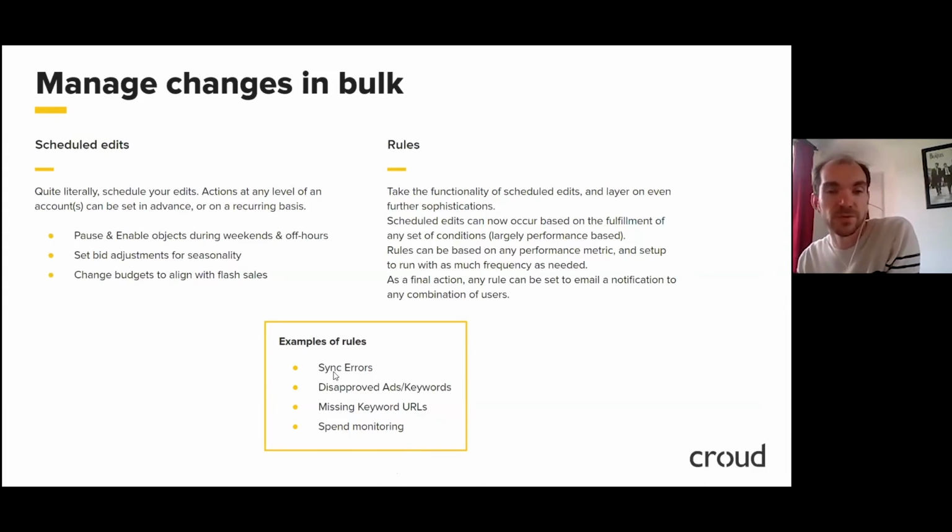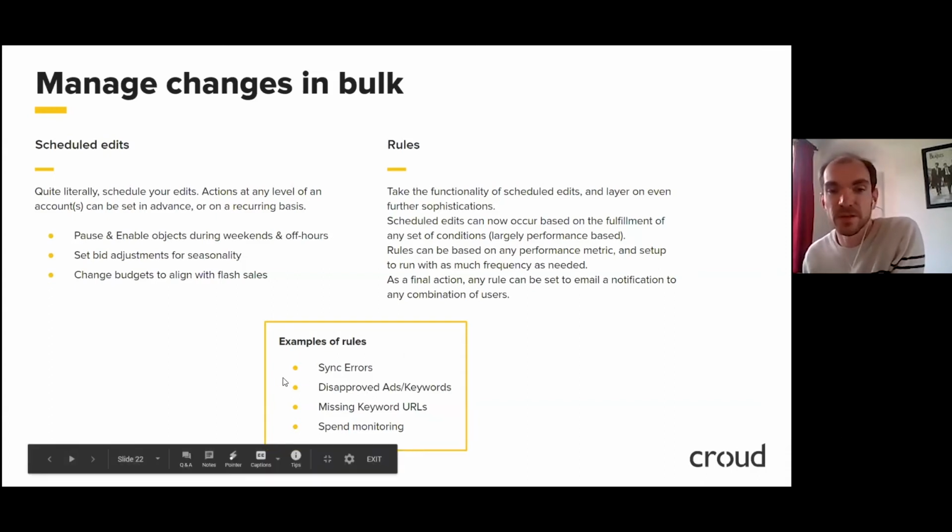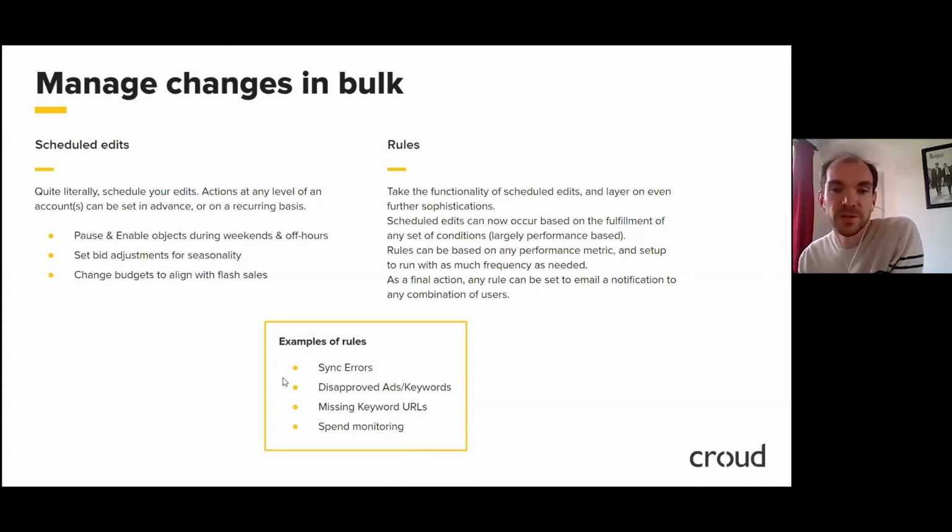So that will make sure that, for example, all the data that is reported in here is the most up to date. But you can also use that to monitor your spend, and it will be a very handy way to flag and notify you if there are any problems in your account to make sure that everything is running